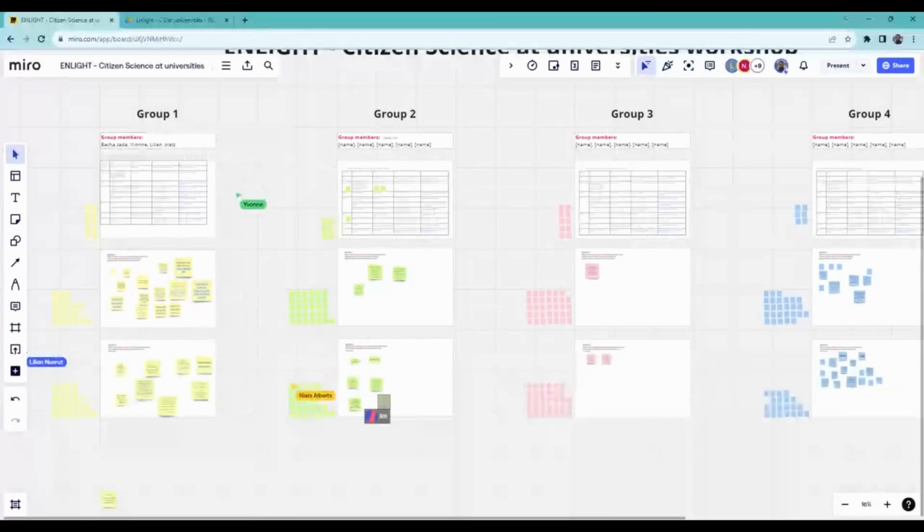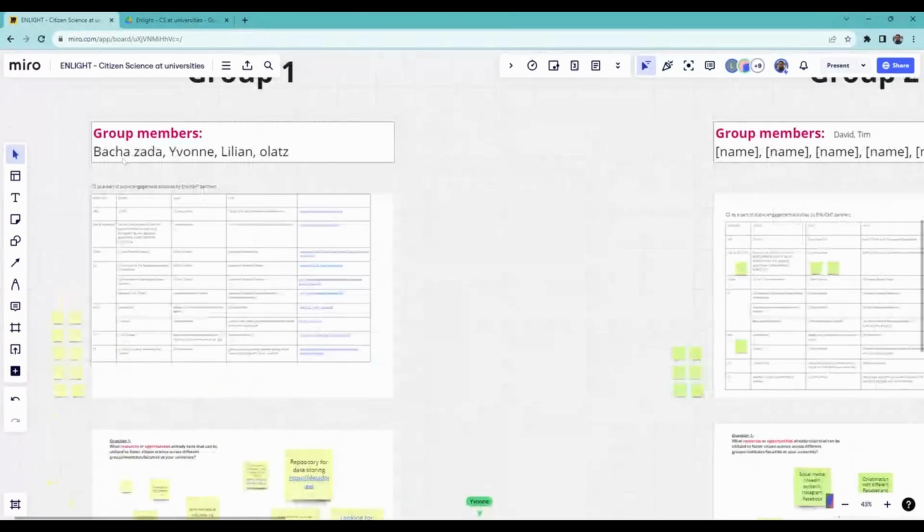I think it could have been a longer session with more time to work on this, but it would be nice at this point to just take stock of what we discussed in each group. So if I could ask one representative from each group to tell us in a nutshell about the key points that were discussed. I will start sharing my screen again with the Miro board, so we all take a look at what the groups have provided. So let me see. I will go directly to group number 1.